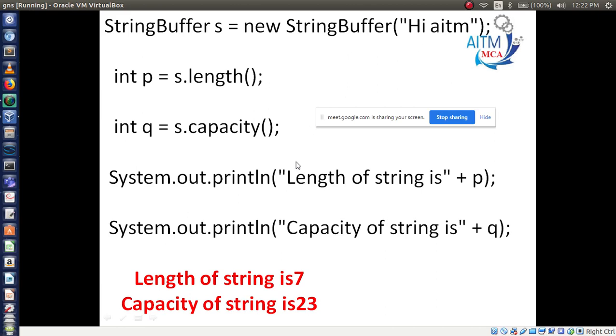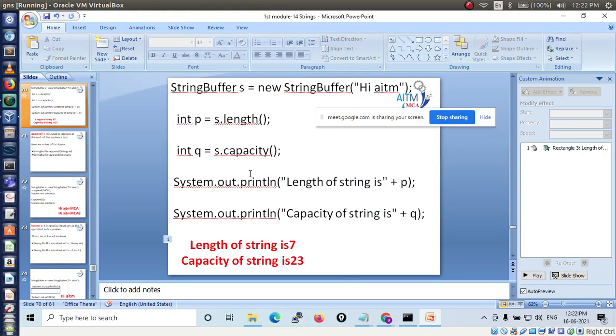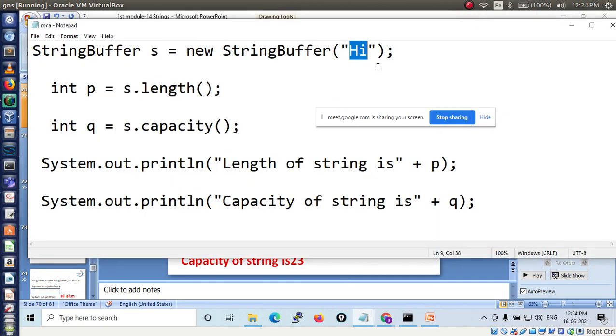Now let's see, we'll execute this program. Yeah, Kiran, I am understanding. How many characters are there in this string?